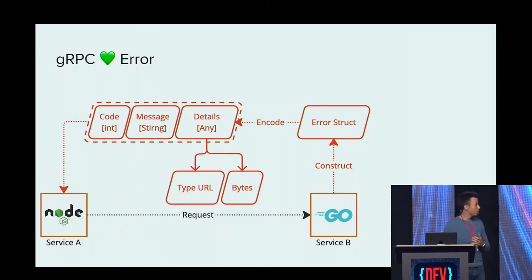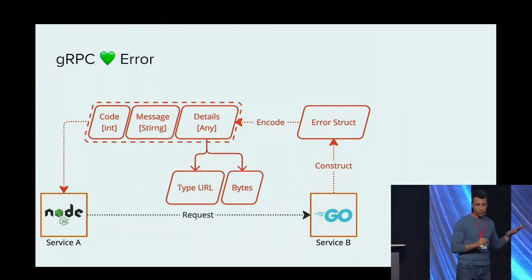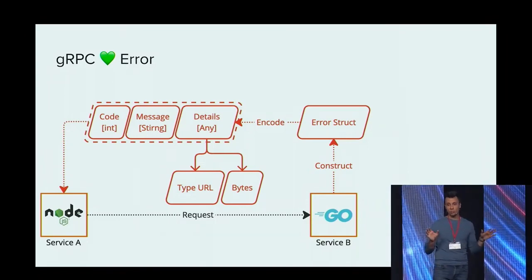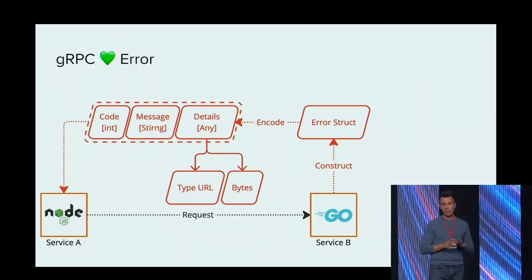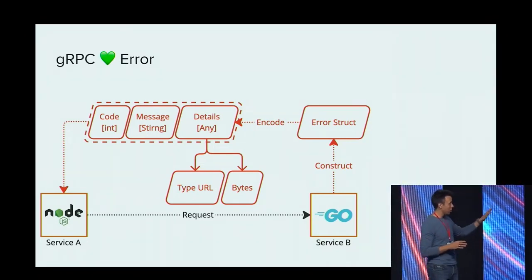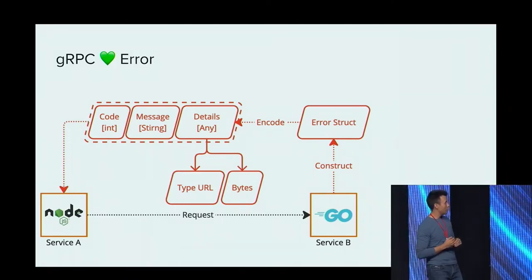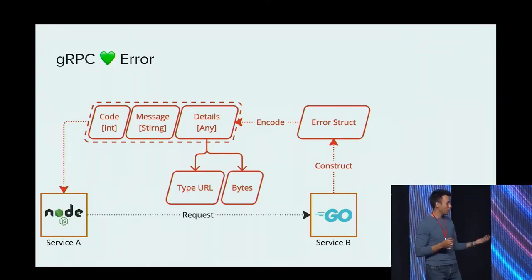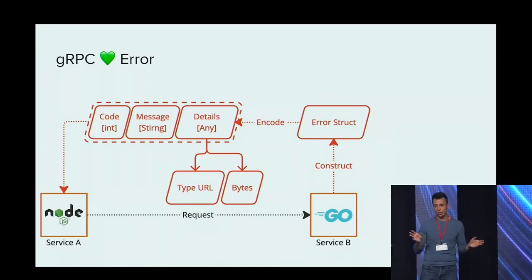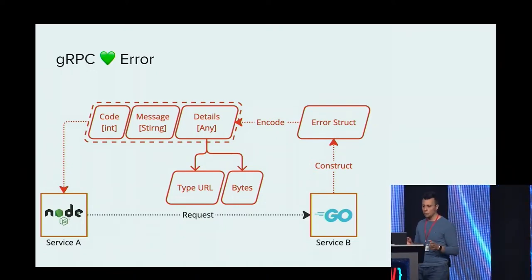And what you can see here is that this works across languages. So we are not restricted. We can have a client side or a backend for the front end, whatever, written in Node.js, and they have Golang backend services, and they can talk and understand each other and use the same mechanism.